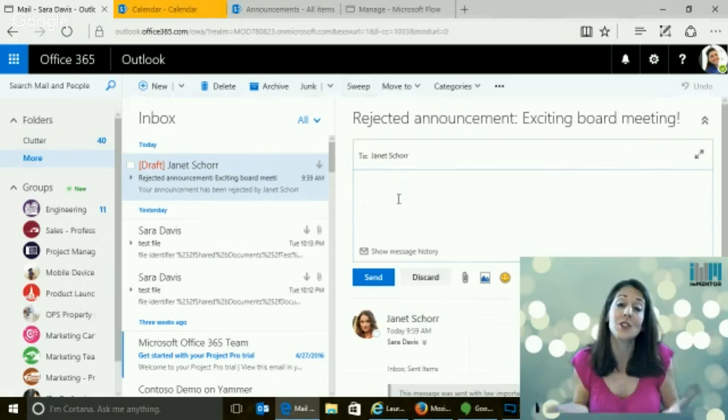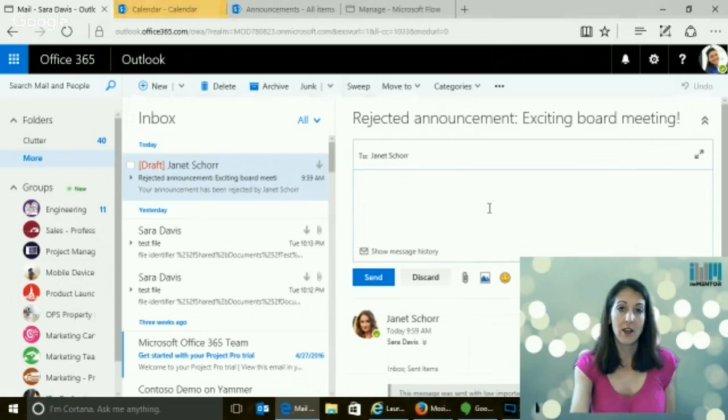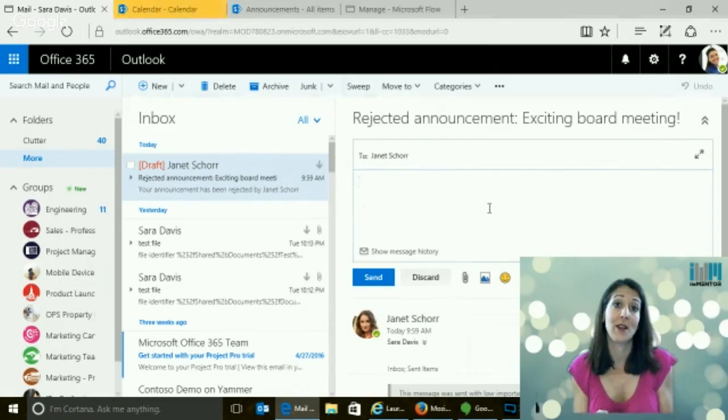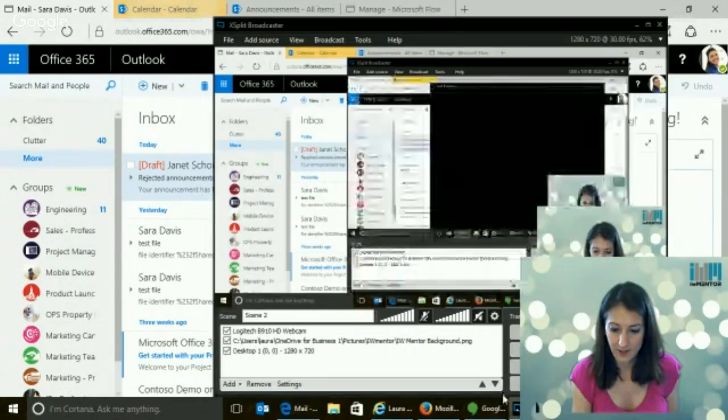So this is huge because SharePoint didn't have that. In SharePoint, if you replied, it was just a generic SharePoint email address that all the workflows had. So this is really nice to be able to actually have people's names in there. And then you can even do flows having to do with somebody replying to an email as well, because it can look at your mailbox. So I'll go ahead and say, go back to,